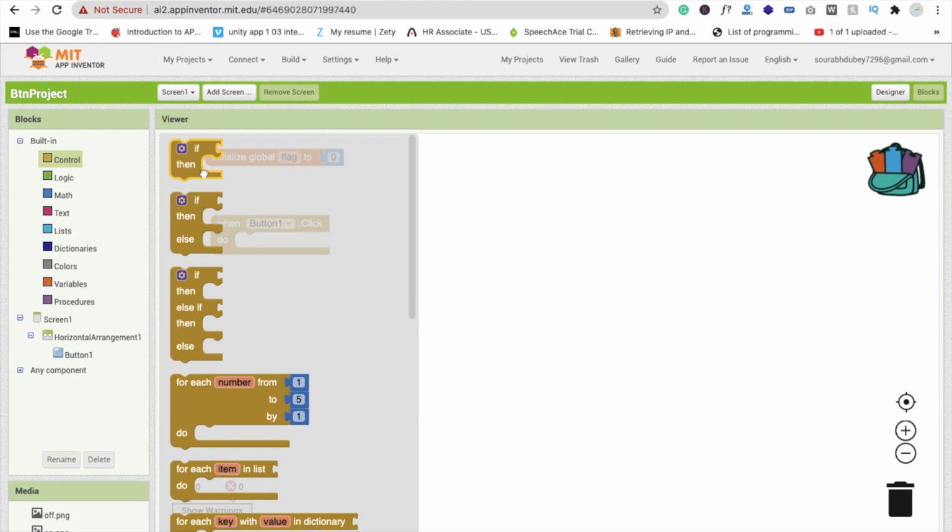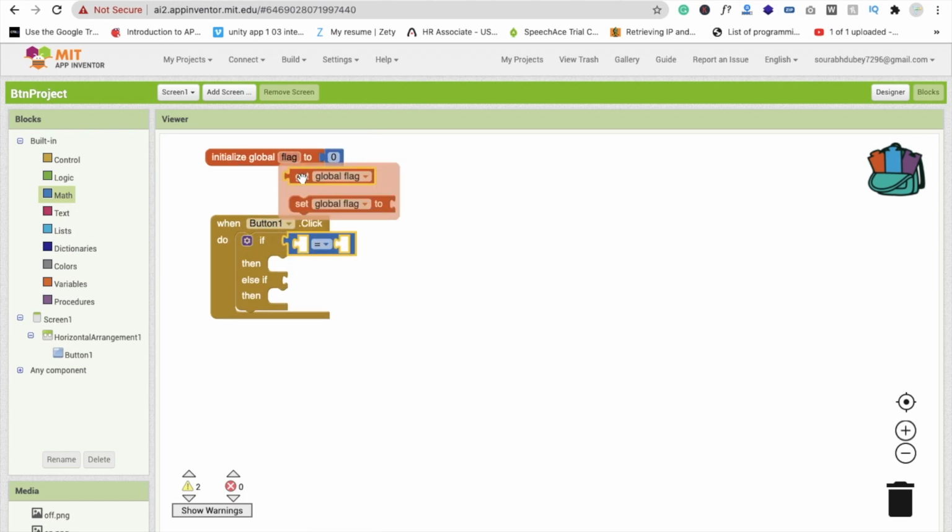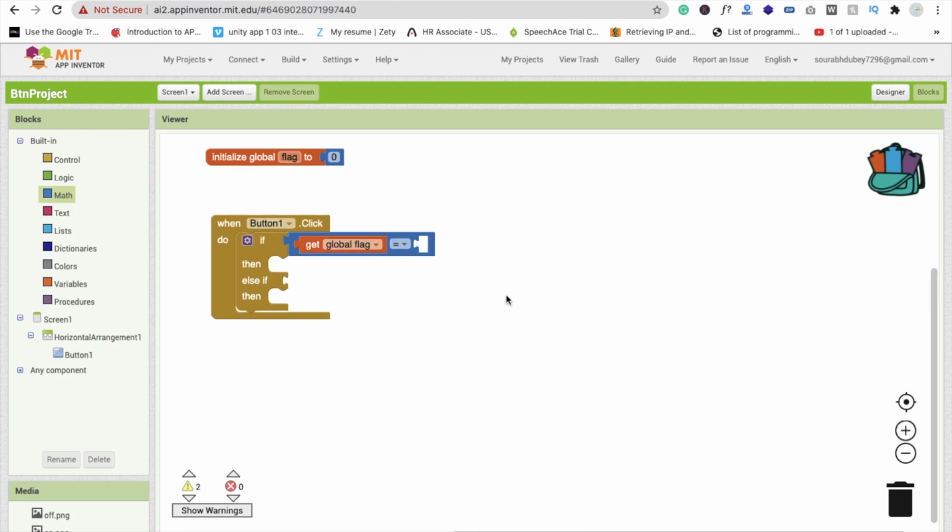Click on control and use your if else condition and make this one more else if like this. Now click on math and use your equal sign, this one condition. Now click on the flag and you will see get flag. Just check the flag value, and then copy this.